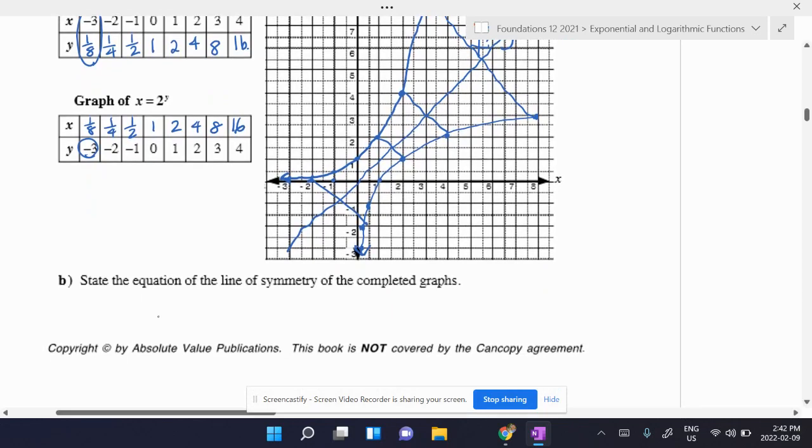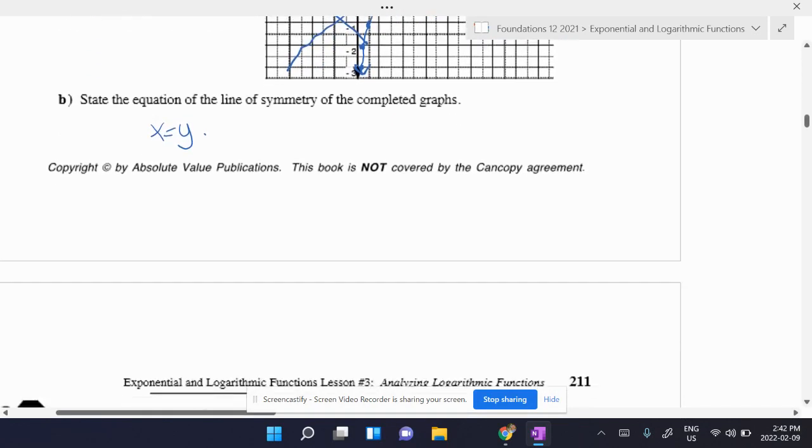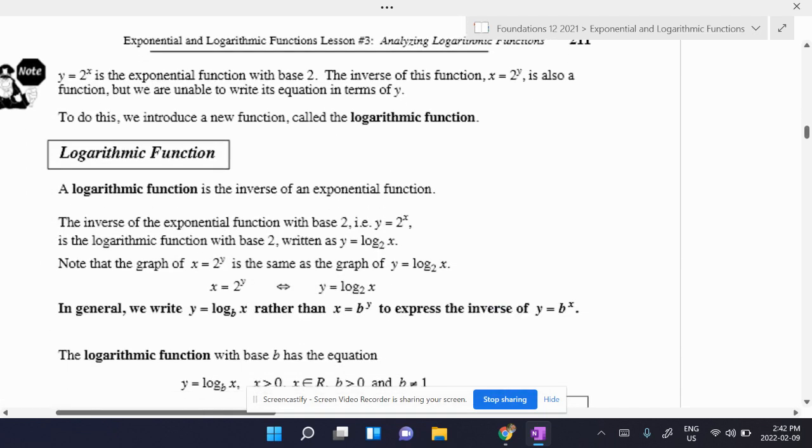So the line of symmetry is x is equal to y, or y is equal to x. Y is equal to 2 to the power of x is the exponential function base 2. The inverse,